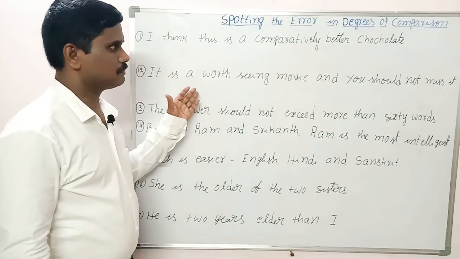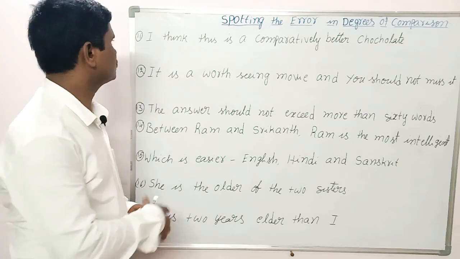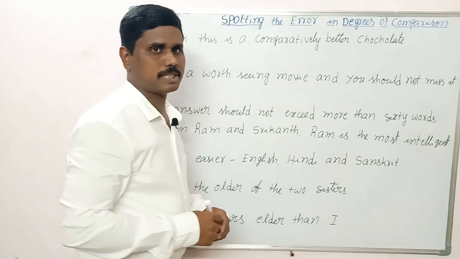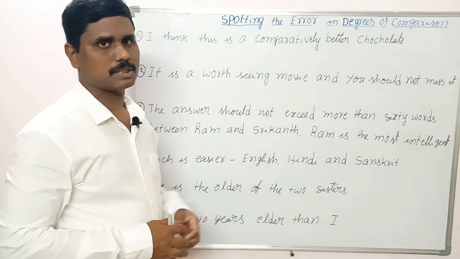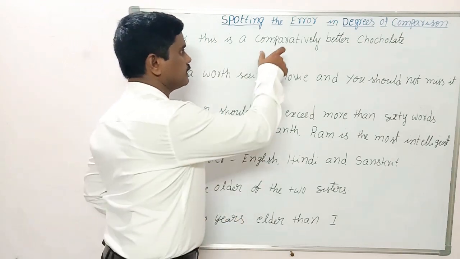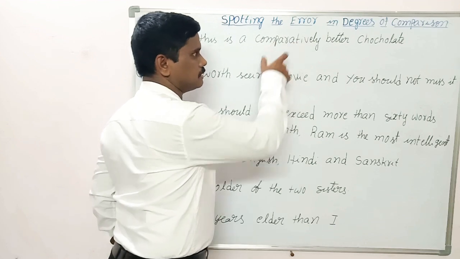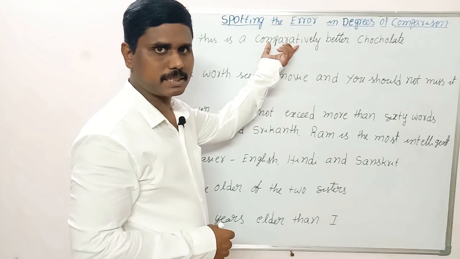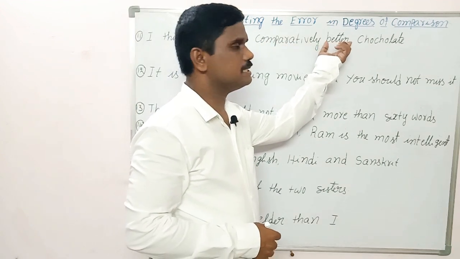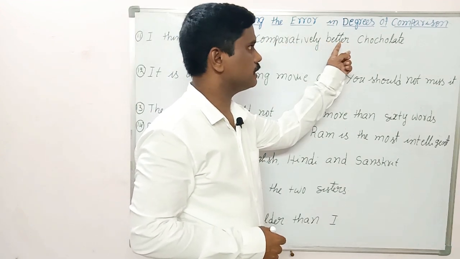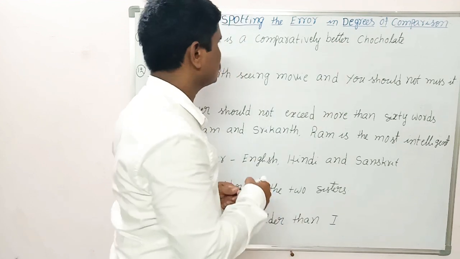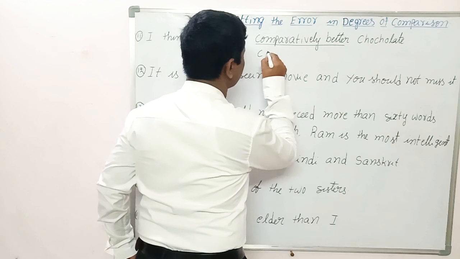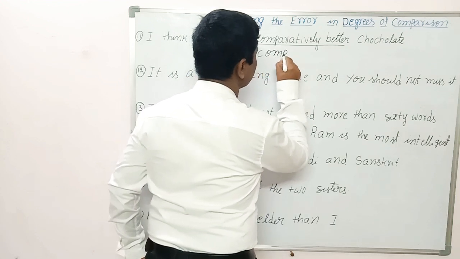Here let us see some more examples. I think this is a comparatively better chocolate. This sentence is wrong. What is wrong? Already the word comparatively is given. So when the word is comparatively, we use adjective 1. But here the given one is adjective 2, better. So this is wrong. So we have to write the correct answer, that is